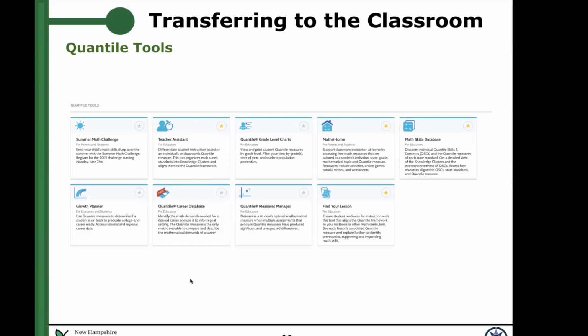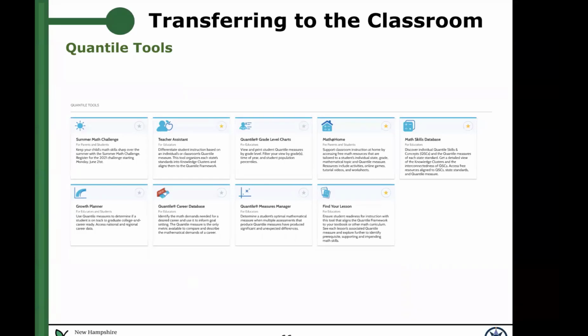So when it comes to understanding our standards, with this Lexile Quantile Hub specifically for math, the teacher assistant here lets me put in a specific grade level standard, and I can put the criteria in for that. Once I open that up, it would tell me, here are all the skills that I am now teaching. It also will show you what the prerequisite skills were for that particular standard. And if kids already have the skills for that standard, it shows where you can go next. So it's this nice progression of here's what I'm teaching now, here's what they needed to know, here's what they can know and extend their thinking.